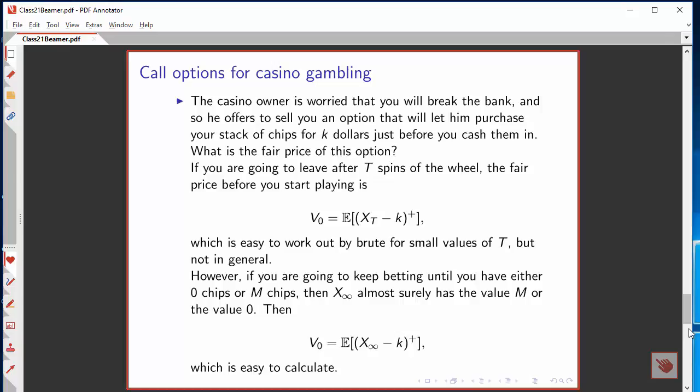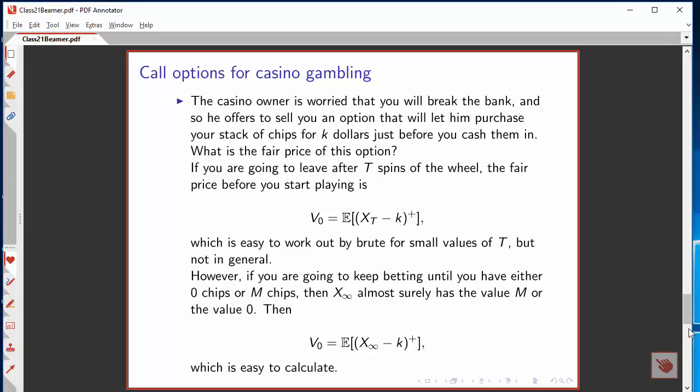Well, suppose you're planning to leave after T spins of the wheel. The fair price of this option, before you ever start playing, is the expectation of your stack of chips at time t minus the strike price k, with the expectation taken only over positive values. For small values of t, you can work this out by brute force, but you can't do it in general. However, you've already seen this